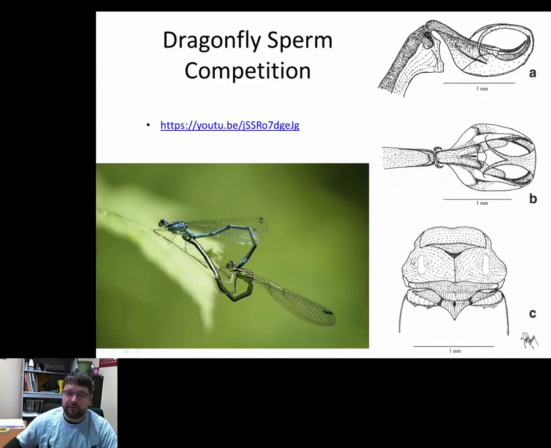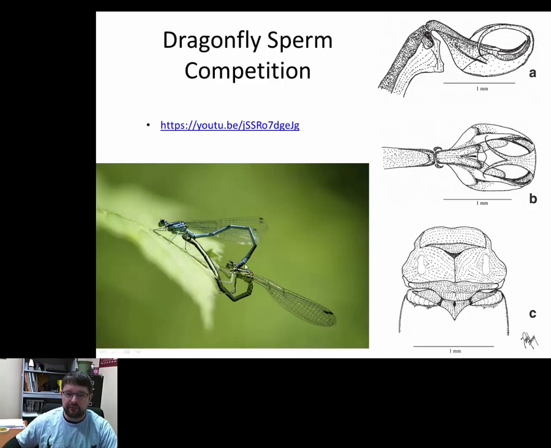If we look at dragonflies, we know that they have a very strange kind of sexual relationship. This is the male, the blue one here, and he's reaching back and he has a pair of pinchers, sometimes called claspers, at the end of his abdomen. So at the end of this very long abdomen, he reaches over and grabs the female behind the head, right in front of what we call the prothorax. And so he holds on to the female.